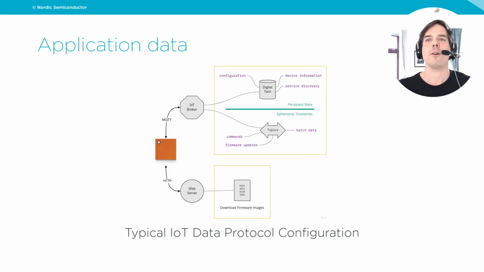First, let's look at a typical setup for an IoT device, and this is what you see in the wild, but this is also how, for instance, the Thingy 91 is connected to our IoT platform, nRF Cloud. It's using MQTT for device messages like sensor readings, the GPS location, the flip data, and it uses the digital twin to store information about the device and also